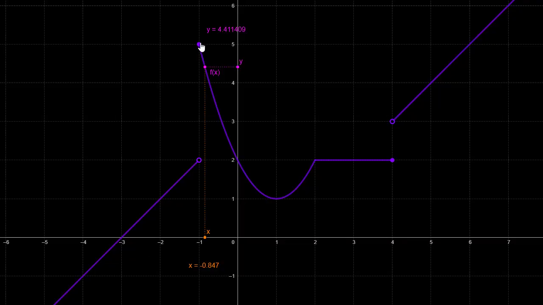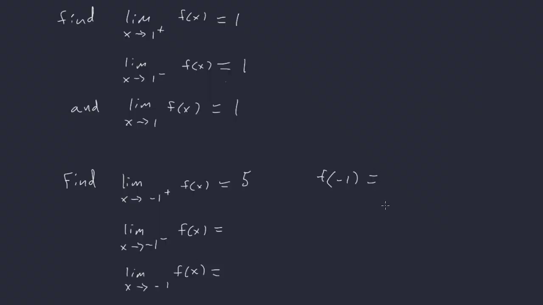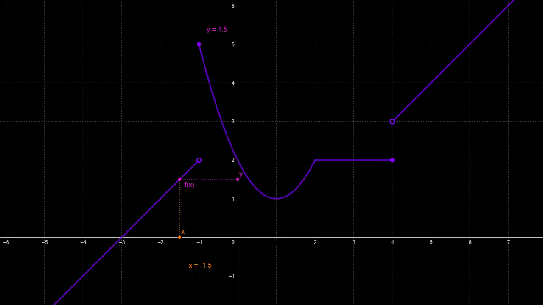Also, based on the graph, f of -1, if we actually plug in, you always go to where the closed dot is at -1. So there's an open dot, so we skip over that, and there we go, there's the closed dot at 5. Okay, so f of -1 equals 5. However, we're going to see some different behavior when we look at